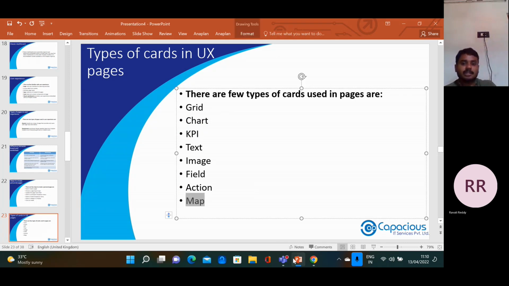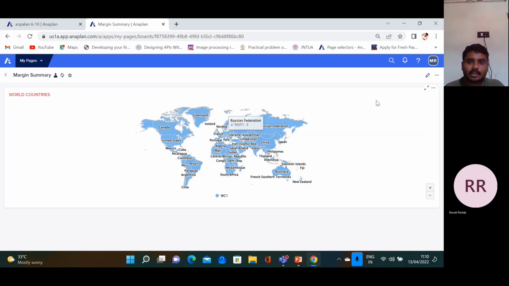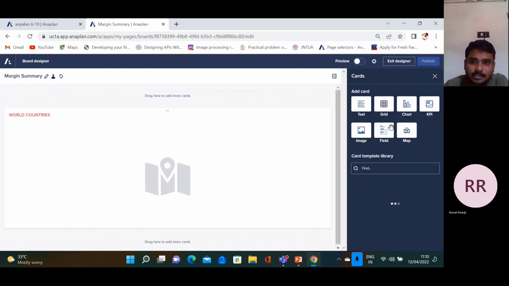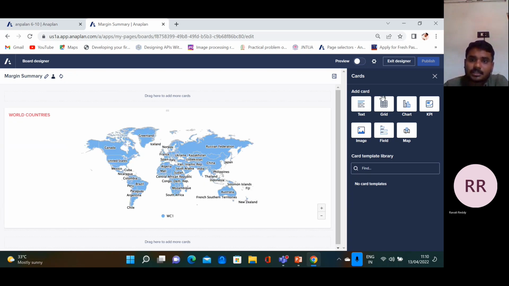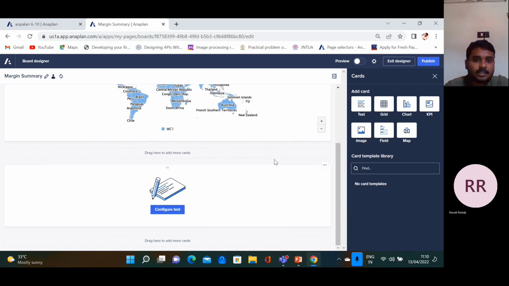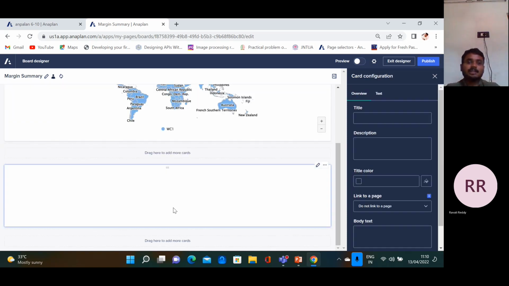Coming to the UX page, click the edit icon. Then many different types of cards appear here. If you want a text card, click text card. It will show only the text, whatever the content is in the body. If you only want to display, for example, the purpose of the module, we can use a text card. So I am using it with the title